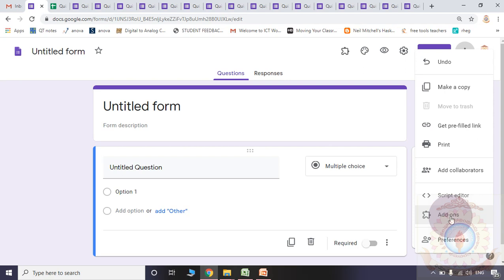So here I want to tell one more point to all of you. If you want to use the same set of questions to create a new Google form, then in this place you may check make a copy. Then the same questions will be copied into a Google form. Then you may change the title of the form. Then the new form will come with the same old questions.